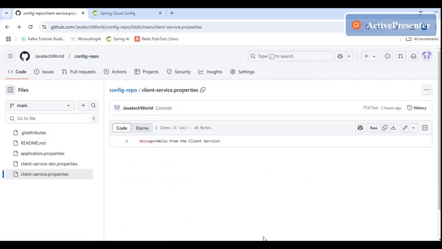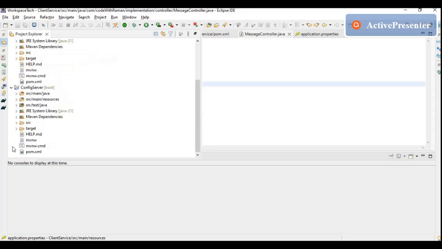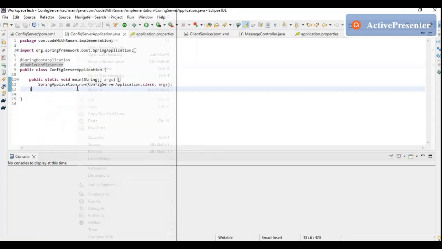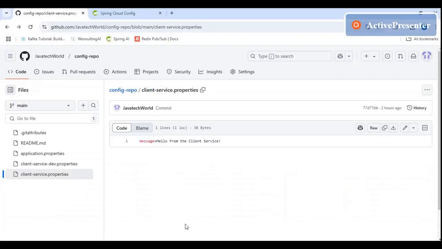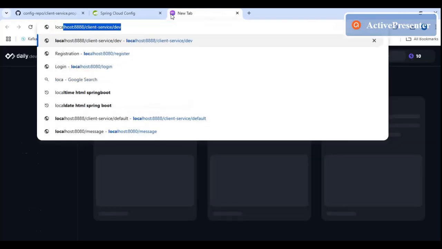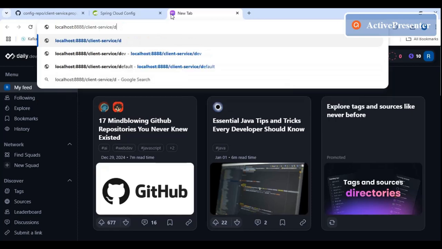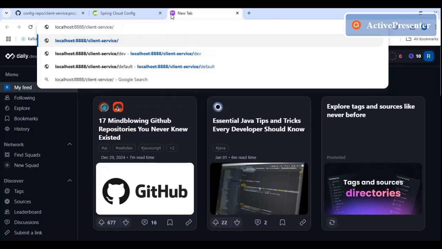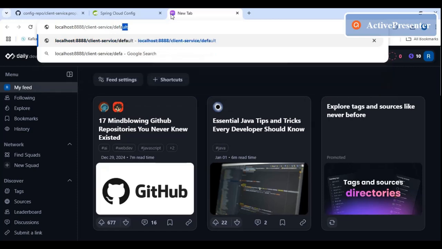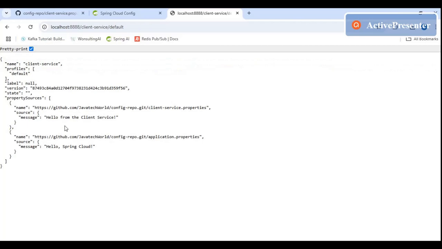So now let's run the applications. Let me first run the config server, and first let's test the config server. Let me go to the config server application and run it. So my config server application is up. Let me go to the browser and go to localhost 8888 and hit client service slash default. It will give me a JSON of application.properties, right?